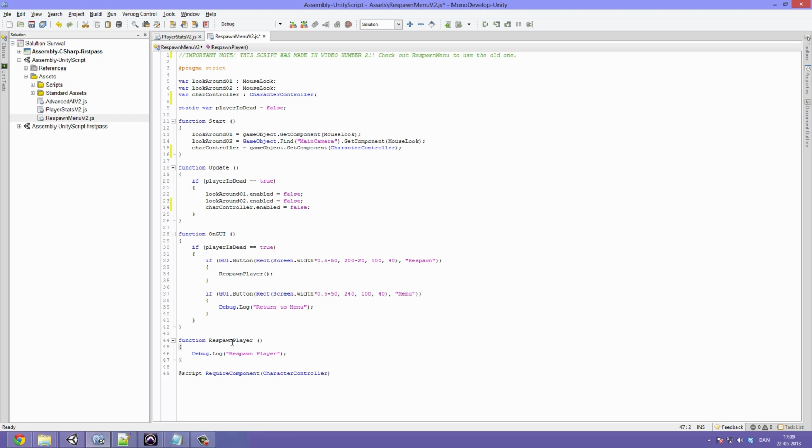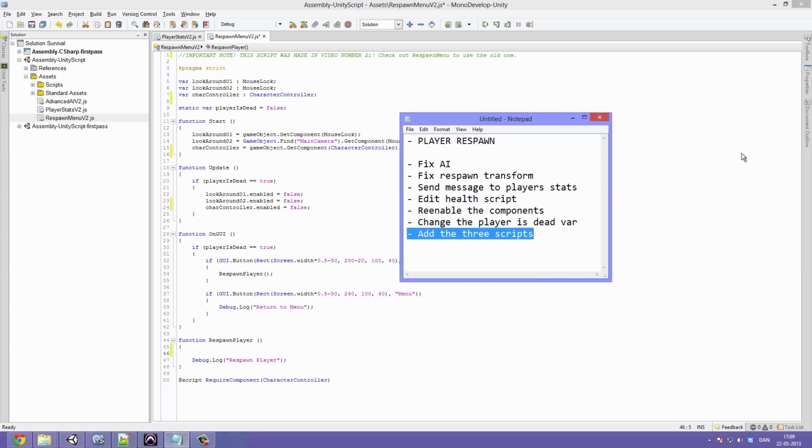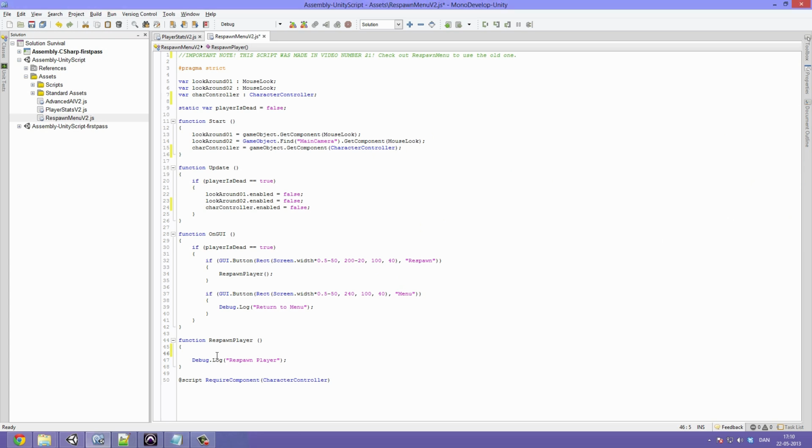And let's now go down to the respawn player function, which most of our logic is going to happen in, because this function is already called at the right time. Now we want something to actually happen in it. So the first thing we are going to do, and this would be a good time to take a look at our notes, is fix respawn transform. We want to teleport our player to the respawn location. And this is done by saying that our transform, our current position, so transform.position, should be equal to,